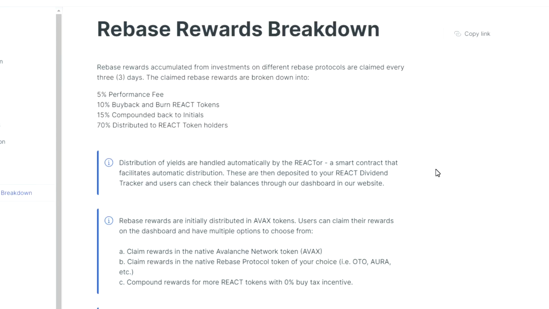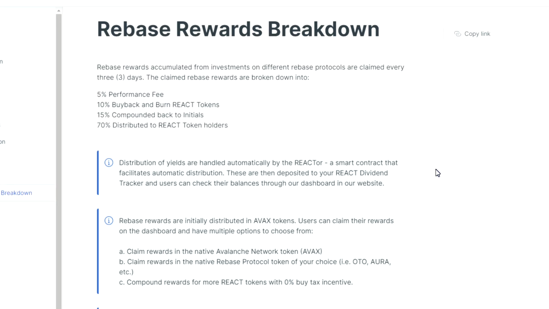The rebase breakdown. Rebase rewards accumulated from investments on different rebase protocols are claimed every 3 days. The claimed rebase is broken down into 5% performance fee, 10% buybacks and burn of React tokens, 15% compounded back to initials, and 70% distributed to